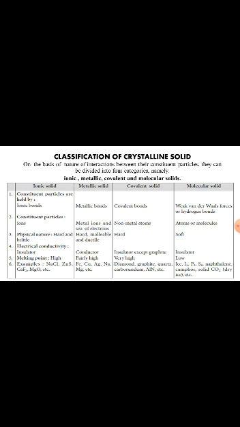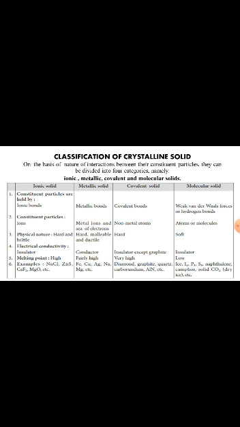As you know, ionic bond is very strong, that's why they are very hard and brittle. Ionic solids in solid state are insulators because their ions are not free to move,